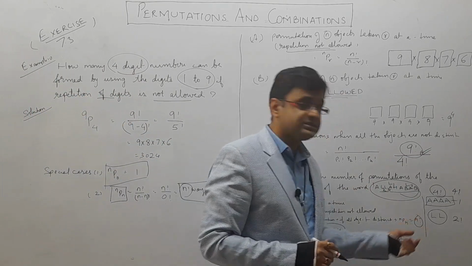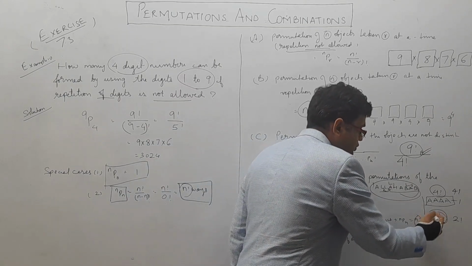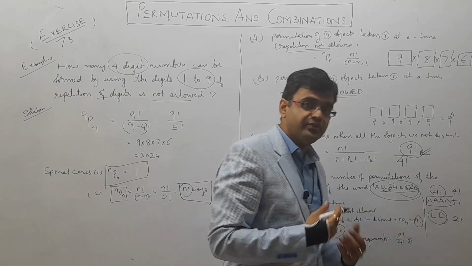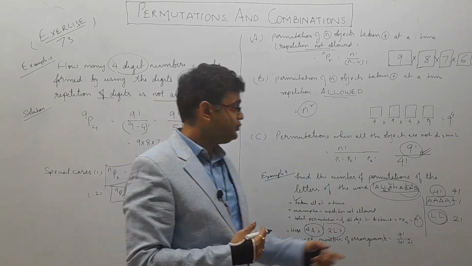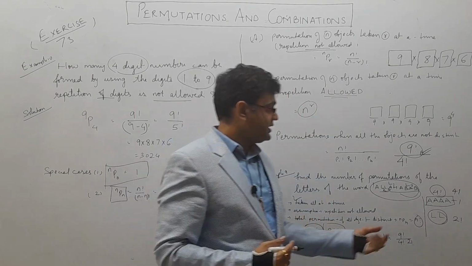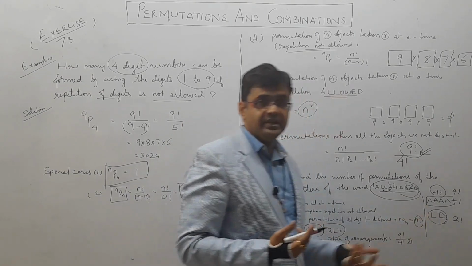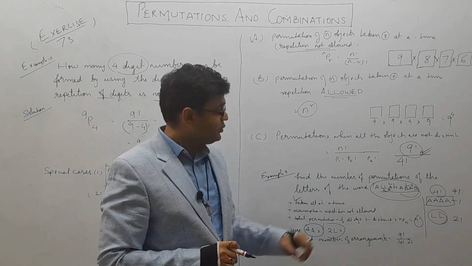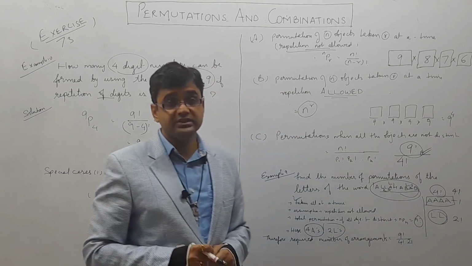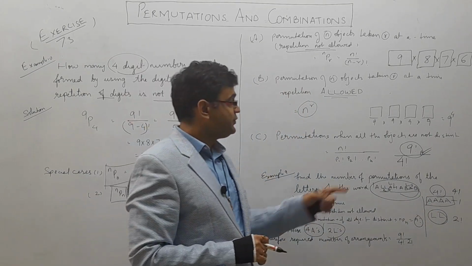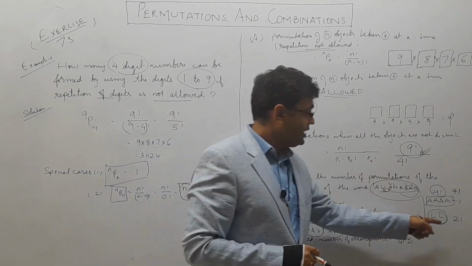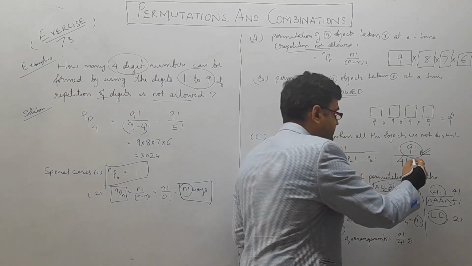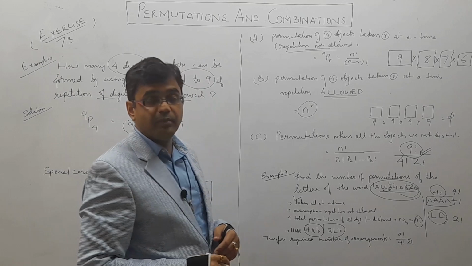So what I'm trying to say is that if we club these two together, and if we say that they are different, then they would be arranged among themselves in 2 factorial ways. Actually, there is just one possible arrangement, because both L's are the same. But we are considering 2 factorial ways if we are taking all the objects as distinct. So by the same logic, we are counting 2 factorial times more, so we have to divide this by 2 factorial.